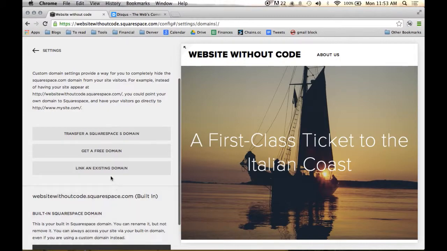so I'm just going to cancel. But this is also where later on we're going to link domains, so whenever you're ready to launch your website live, and say you're trying to launch it at websitewithoutcode.com or jakejorgovan.com, you're trying to actually put it live on your domain name, this is where we're going to go to do that,